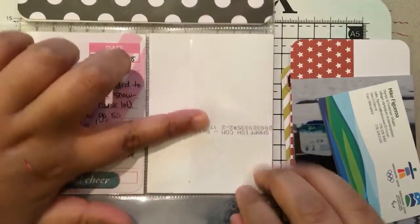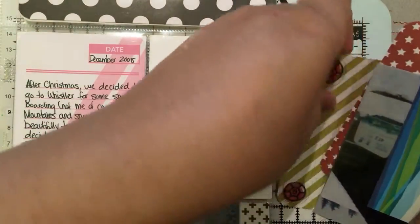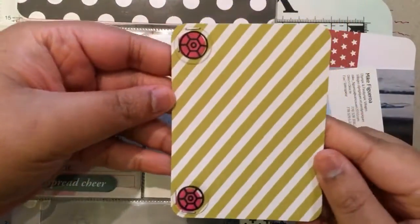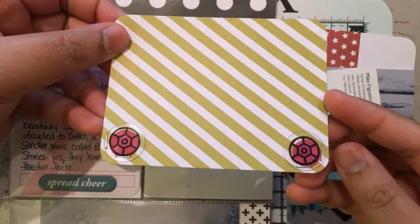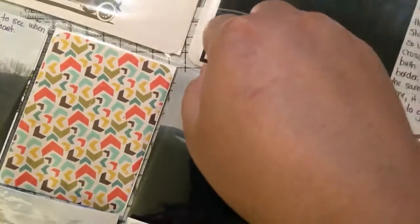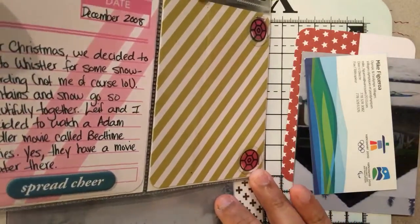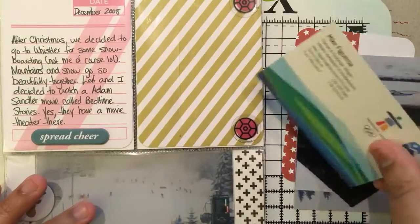And here is an interactive thing. What I did was I made a slit, and I know this is going to irk some of you project lifers, but I wanted to try it out. And of course I made sure the other side of the page protector was not cut through, so I just used a very thick cardstock inside the pocket, and then used my craft knife to make that slit